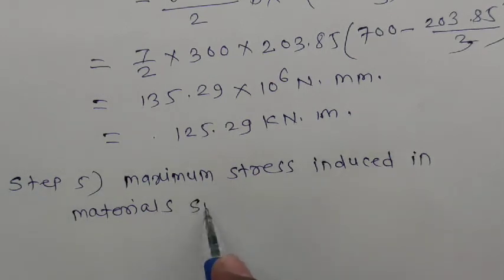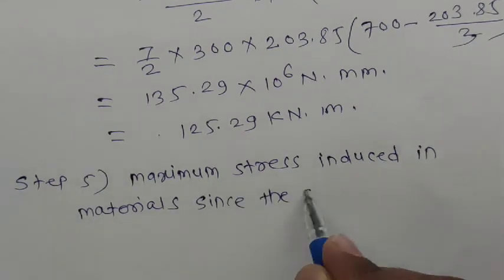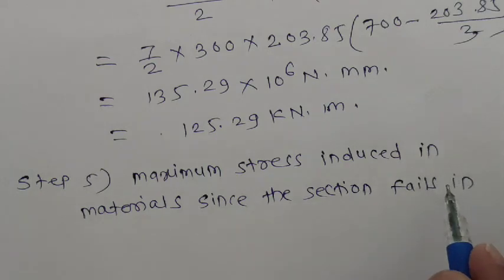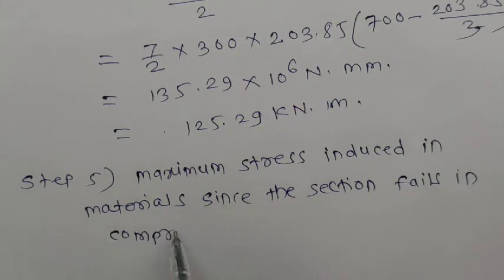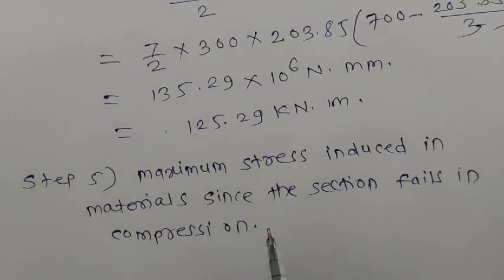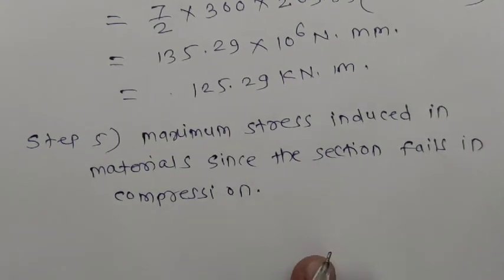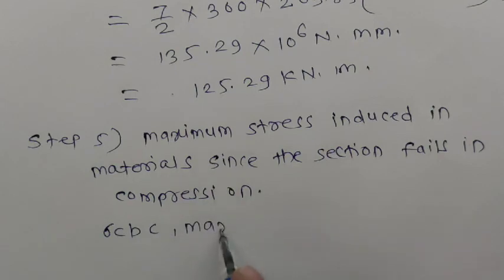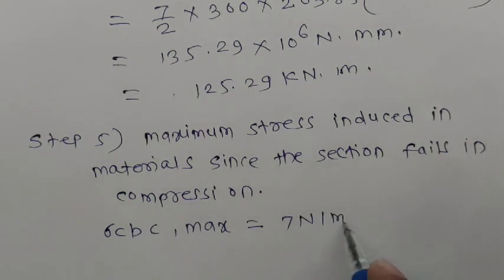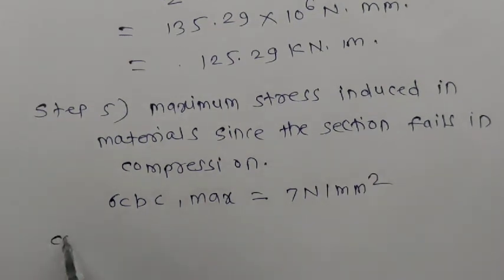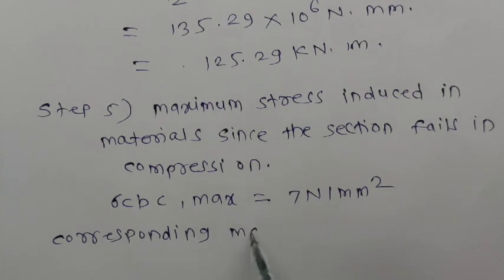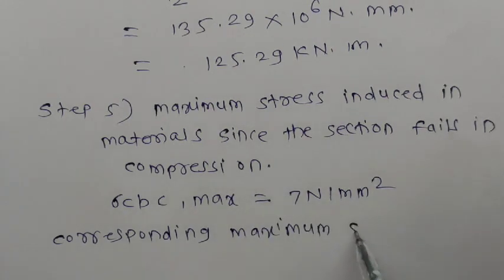Since the section fails in compression, sigma CBC max is equal to 7 Newton per mm square. Corresponding maximum stress in steel,